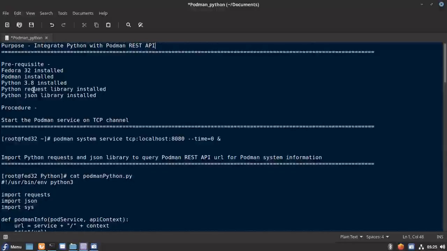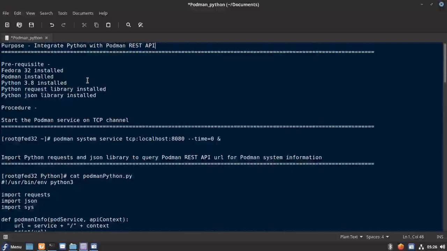The main important libraries that we will be using within the Python application are the requests library and the JSON library. The requests library is basically used to send GET and POST requests onto the TCP channel where our Podman service is running.